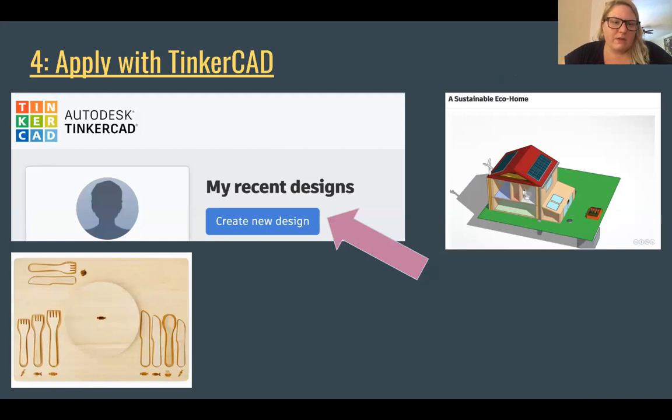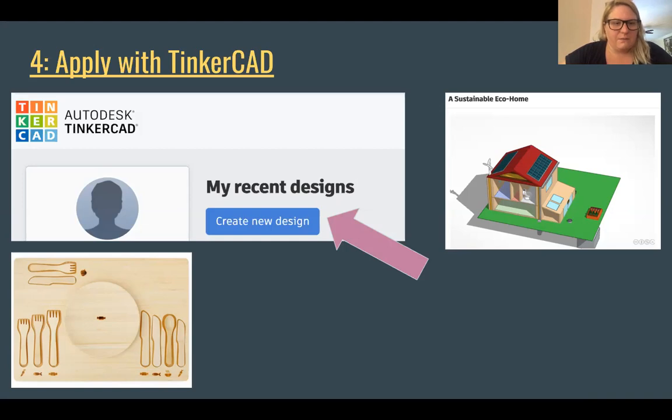So for this one, I thought it would be interesting for this multidisciplinary unit to be able to apply knowledge with TinkerCAD and design a 3D model of something that is sustainable. And in that, giving student choice with what they create and allowing them to really use their creativity to unleash